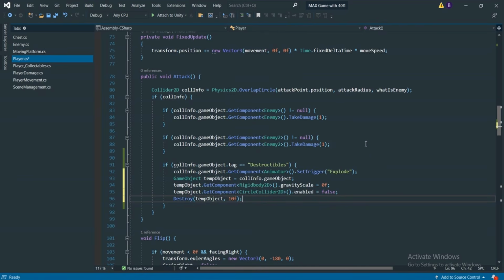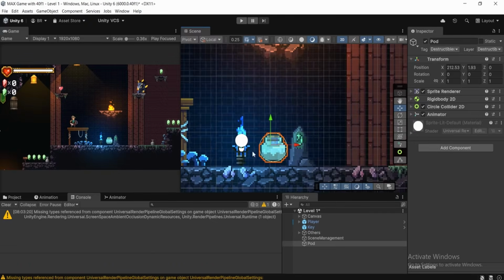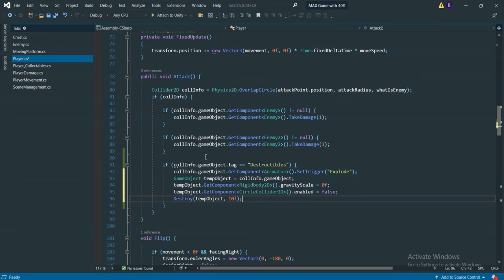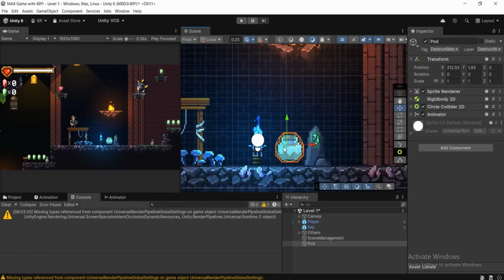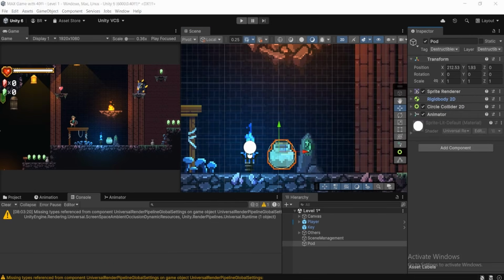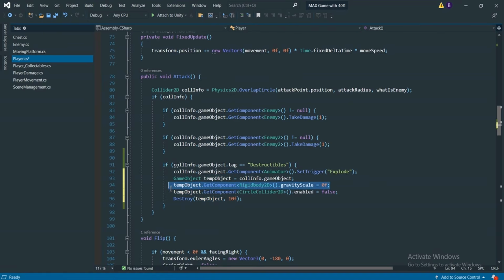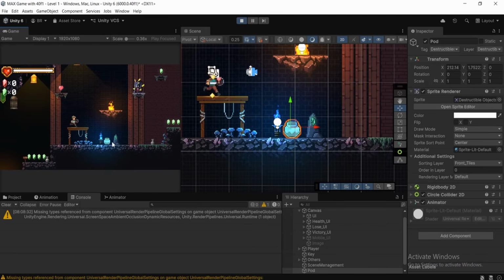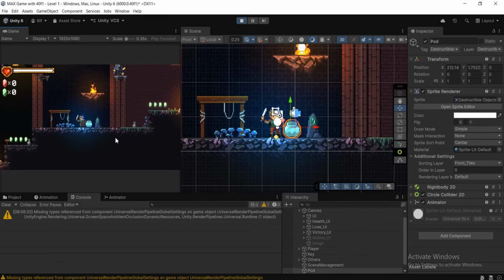So what we're doing, simply first thing, we just take our pod and put it inside this tameObject variable or the container. And then we just go over to tameObject, means this pod, then get this Rigidbody 2D and set this gravity scale to 0. You can see this line of code. And also we're doing the same thing, we're getting the Circle Collider 2D and we're just disabling it, and we're destroying after 10 seconds. Now if I get closer to my pod and then attack on it, we can see